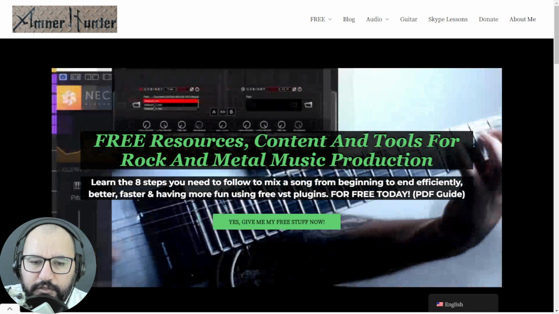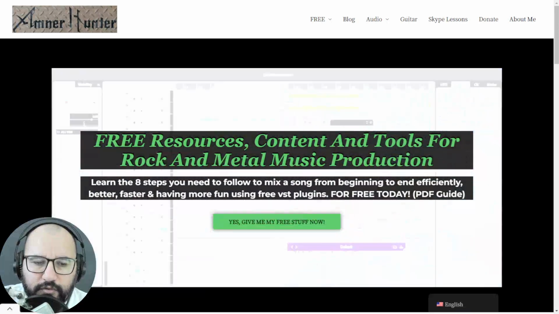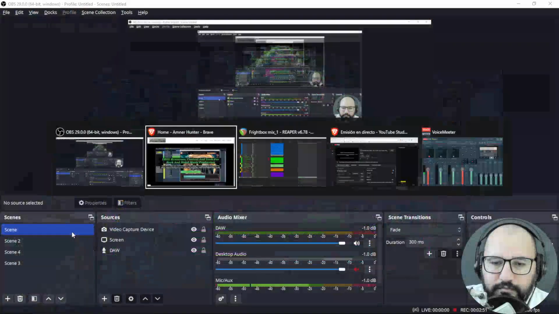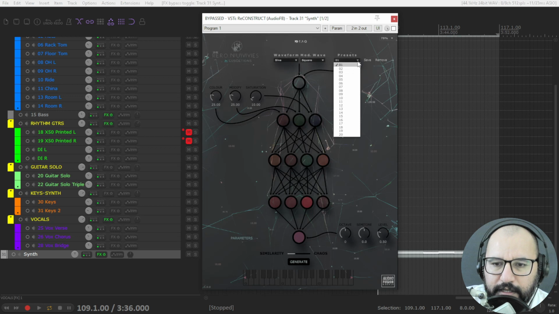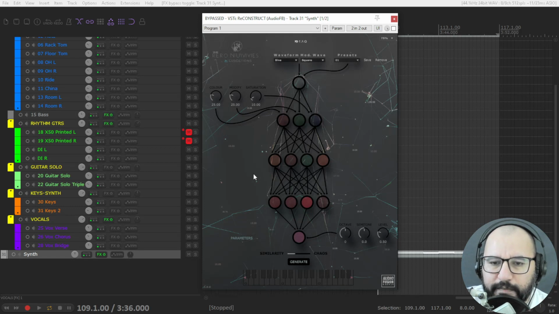So let's go here to my DAW and show you these awesome tools. So I have here first the free virtual instrument by Audio Fusion. So this plugin uses neural networks to create textures and to create sounds. Besides the 20 presets that you have here, you have some very simple and easy to use controls to change the sounds based on these neural networks, and that will create some cool textures and effects also applied to the